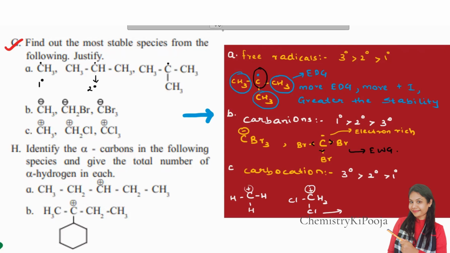Now Cl is an electron withdrawing group. The carbon atom is already electron deficient, and if more electron withdrawing groups are present, it is going to become more unstable. Rather than becoming stable, it will become more unstable. In the same way, if CCl3 is present, all three Cl will pull the electron towards themselves, and this electron deficient carbon will become more electron deficient and more unstable. So the correct answer is CH3, the methyl species. I hope the concept is clear to you. Still, if you have any doubt or difficulty, you can write it down in the comment box. Thank you.